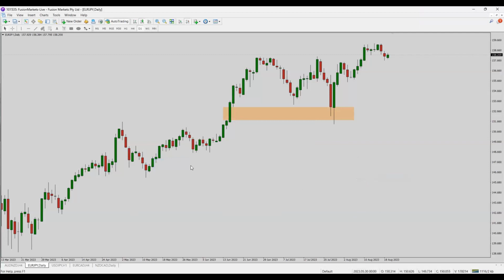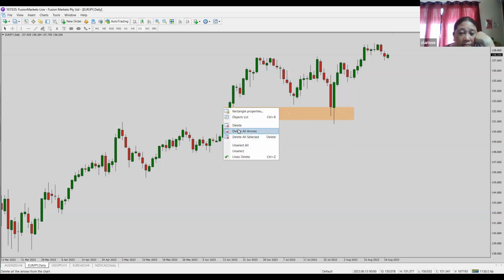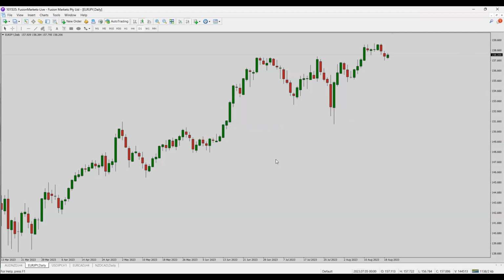Whenever you draw something on your MT4, and you want to do editing, whether to change color or to delete, you always have to double click first until you see a dot circle at the edge. Then you can delete it. Everything is the same thing. You want to remove anything that you draw on your MT4. You got it? Yeah. So I just delete it. Okay. That's it. What else?